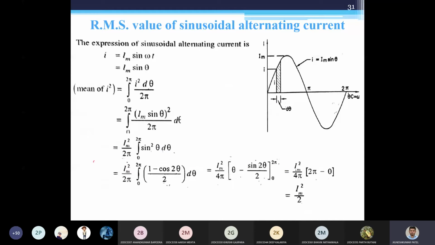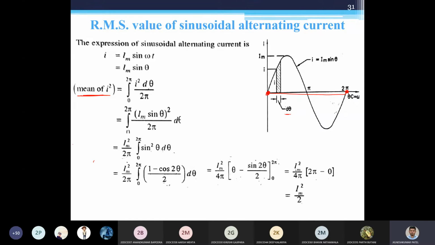So the RMS value of a sine wave can be found out using mean square. First of all, I'm going to find the mean of I square. We know that I is equal to Im sin theta. I'll take a small part d theta, though here it is the full cycle, I can have identical half cycles, but this is not the average value. This is the RMS value. That's why we are not going to use the symmetry, but rather directly use the full cycle from 0 up to 2 pi. Earlier, in case of average, the reverse current flows and the average value becomes 0. That's why we have not taken that.